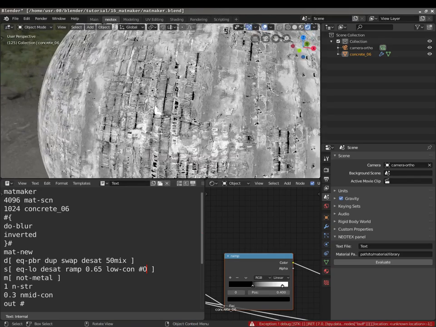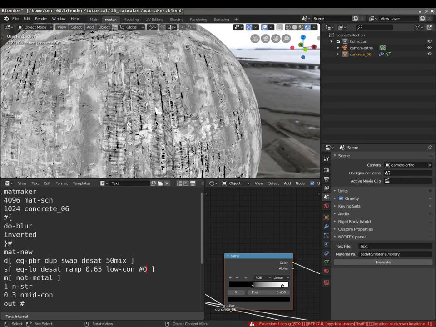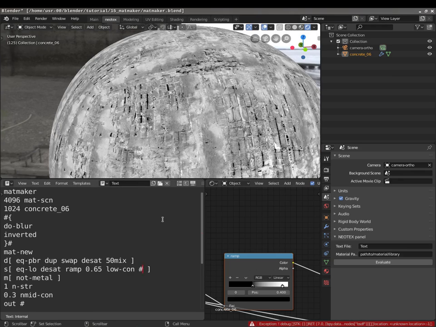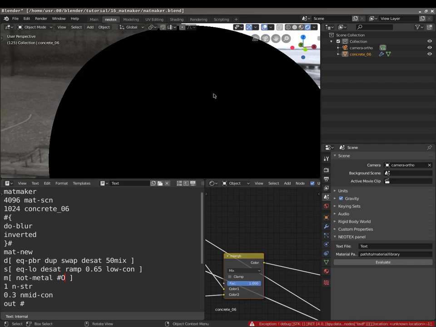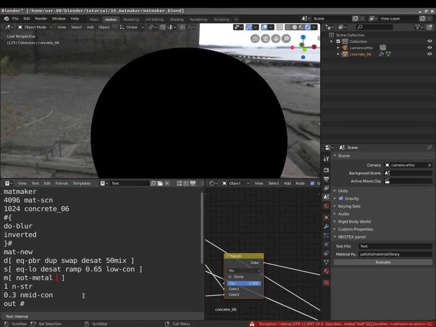So this is my specular for this material. And our metal is just not metal, so it will be black because it's concrete, not metallic. And here is a word that is very useful, the n-stir or strength, so the normal strength. And what it does is just modulate the normal. So if I were to show you until here,